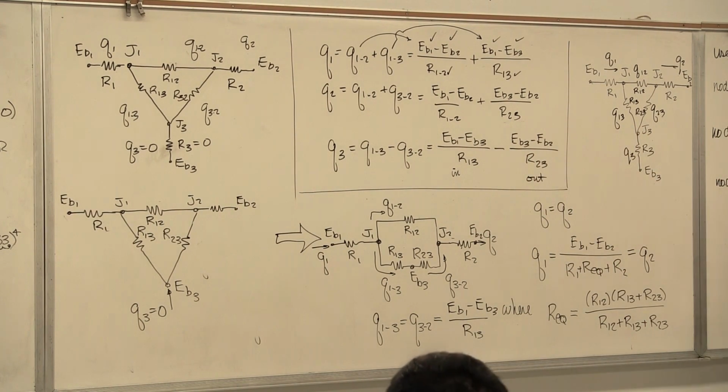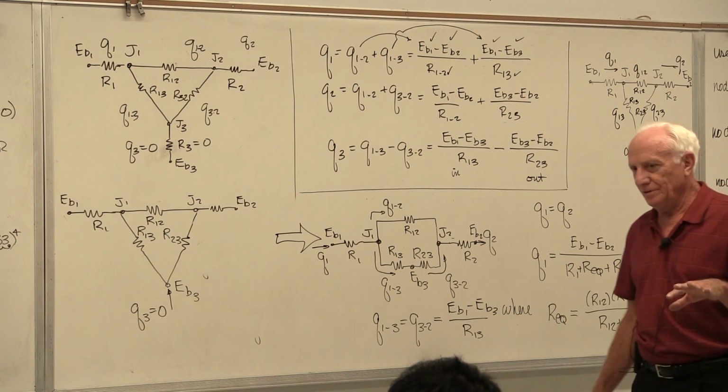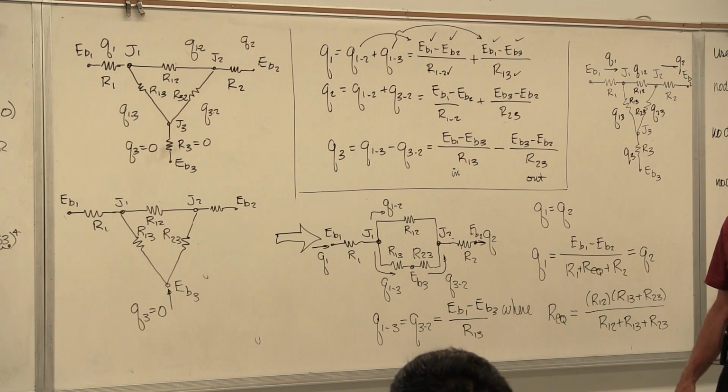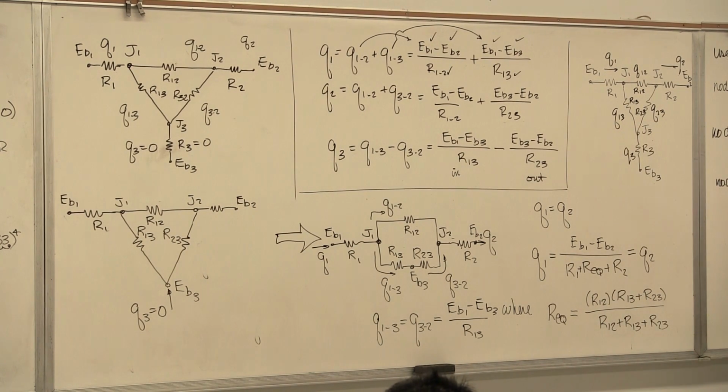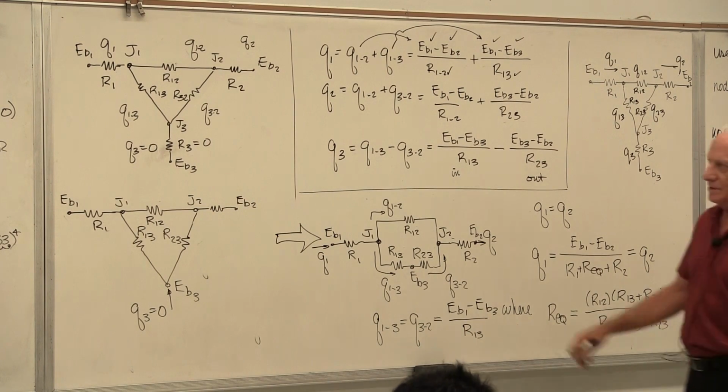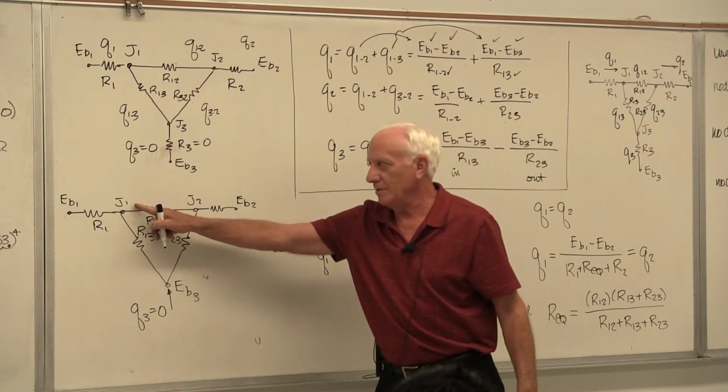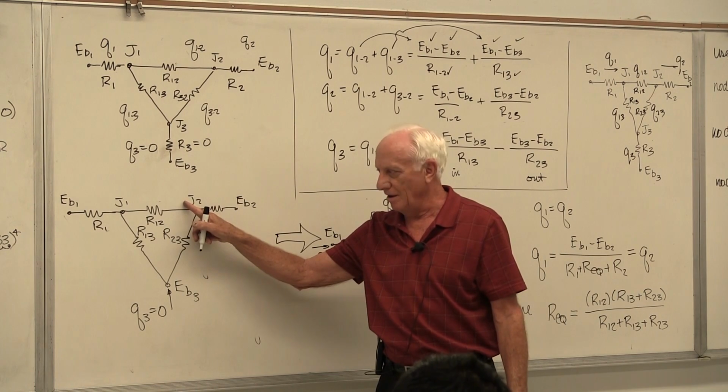But when you do this kind of problem for your computer problem for homework, there's going to be 6 surfaces. You don't want to do it this way. No, it's a bear. You're going to do it this way and have equations to solve. For what unknowns? The J's. Where are the J's? There they are. J1, J2. Do I know them? No.